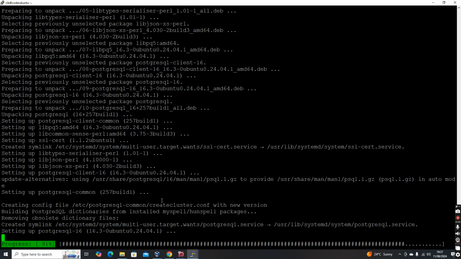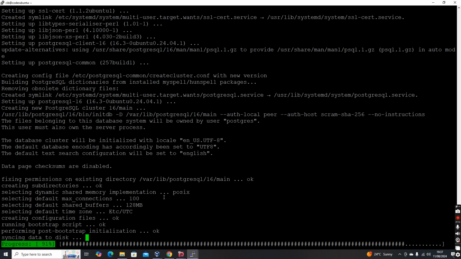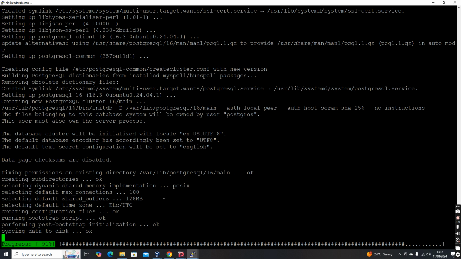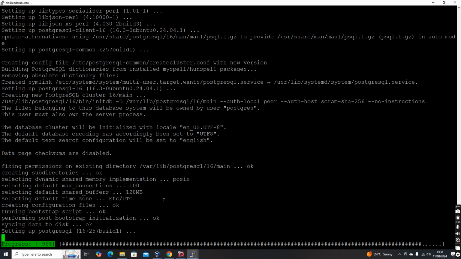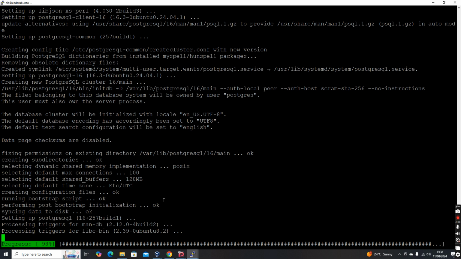In case of RedHat, it is yum install. CentOS also it is yum install. Oracle Linux also it is yum install. And in case of SUSE Linux, it is Zypper. So that is one of the differences between these distributions. For anything Debian, the apt command will work. All operating systems under the Debian family, Raspbian, Ubuntu, Debian, apt-get or apt, both will work.